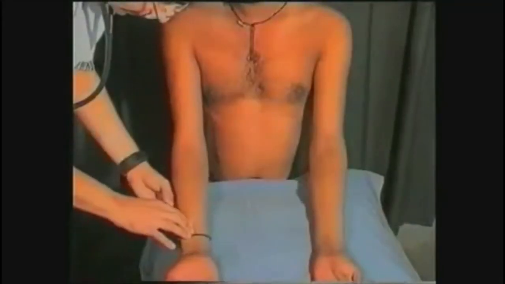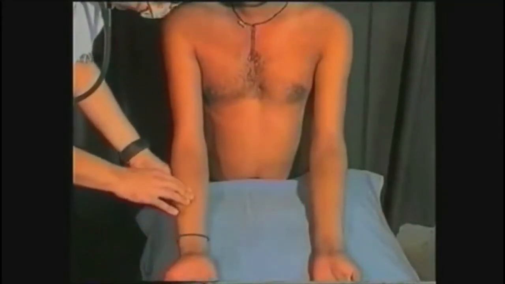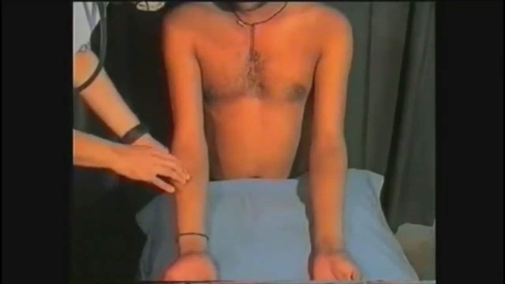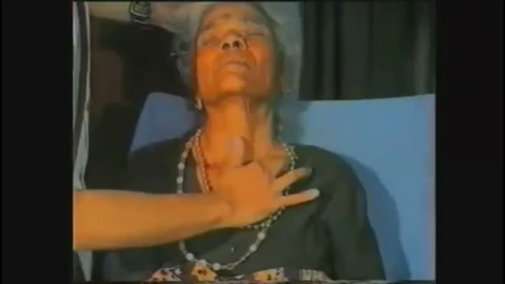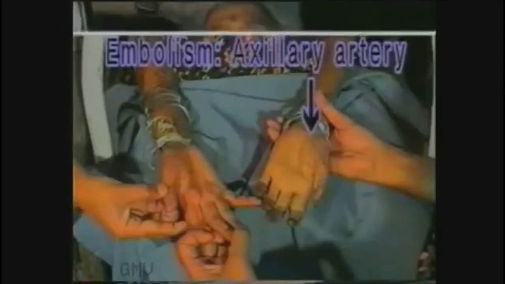Next, palpate along the lines of major vessels for tenderness, that is along the popliteal and femoral arteries in the lower limbs and radial, brachial and axillary arteries in the upper limbs. Tenderness indicates recent thrombosis or embolism. Note the tenderness along the course of the axillary artery, in this case of axillary artery embolism.